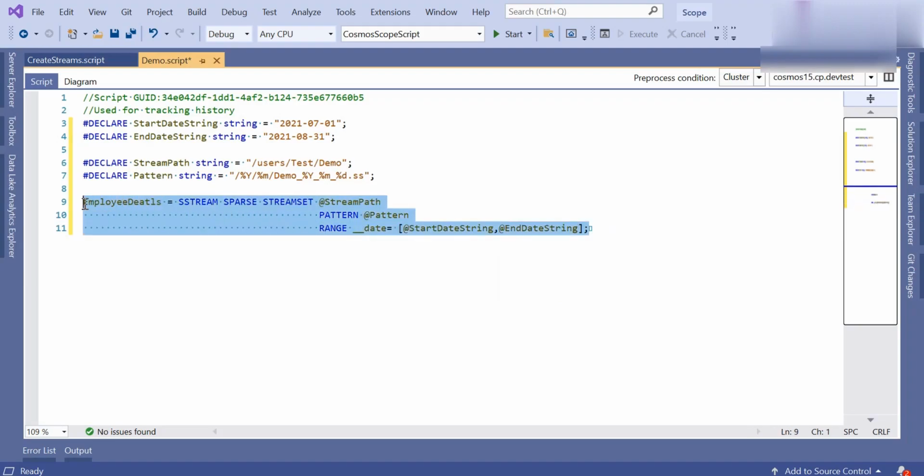Once these lines of code are executed, we will get the data of all the streams available in this path, having this pattern, between these dates. All the data we will get into this variable.